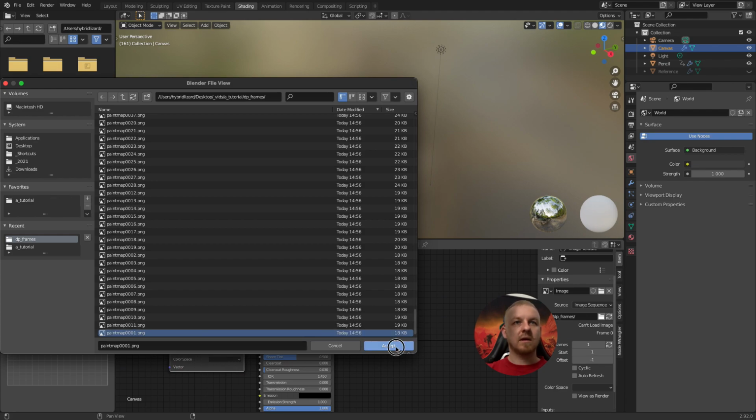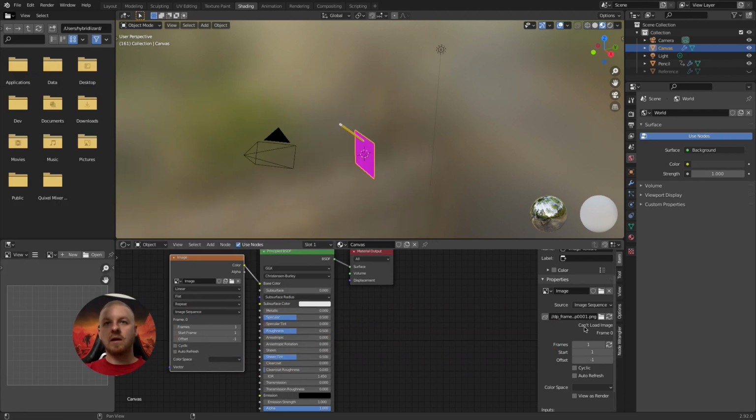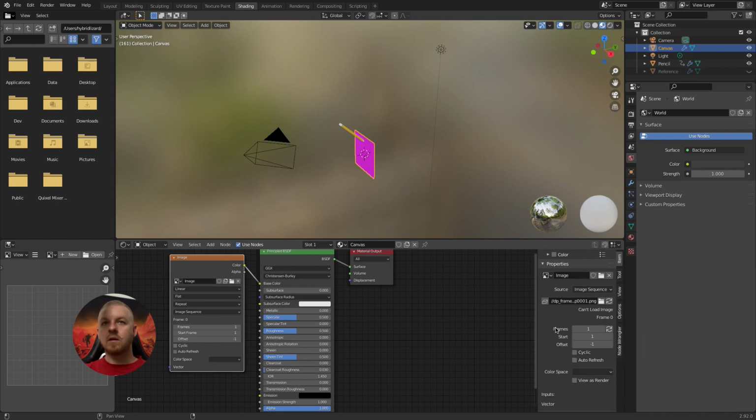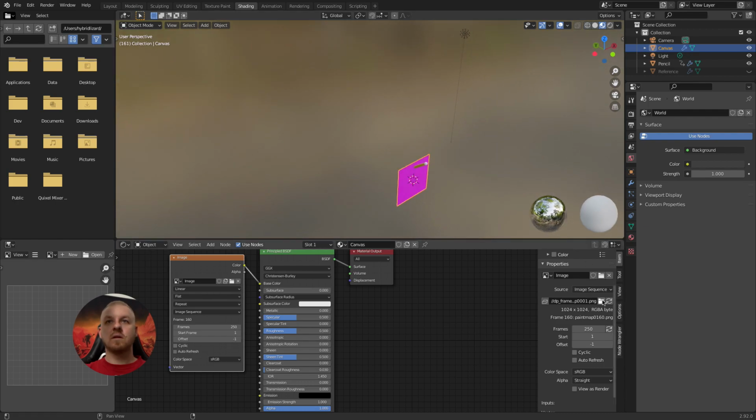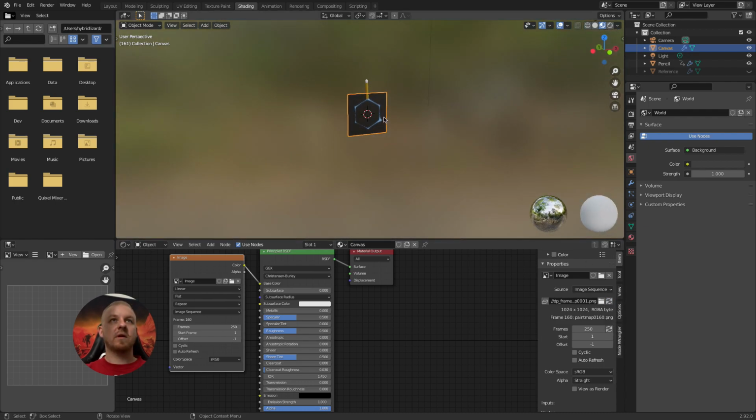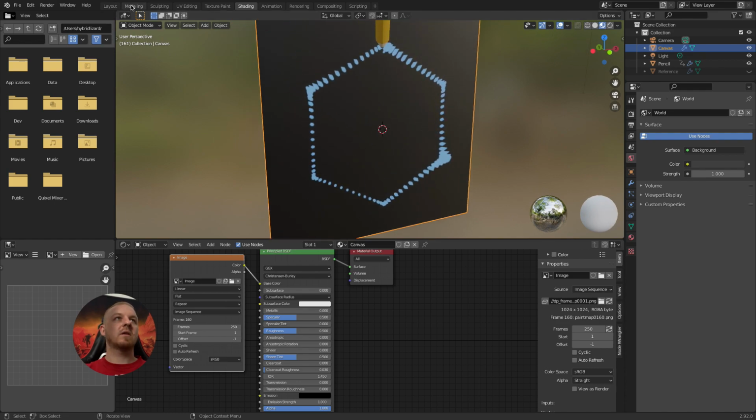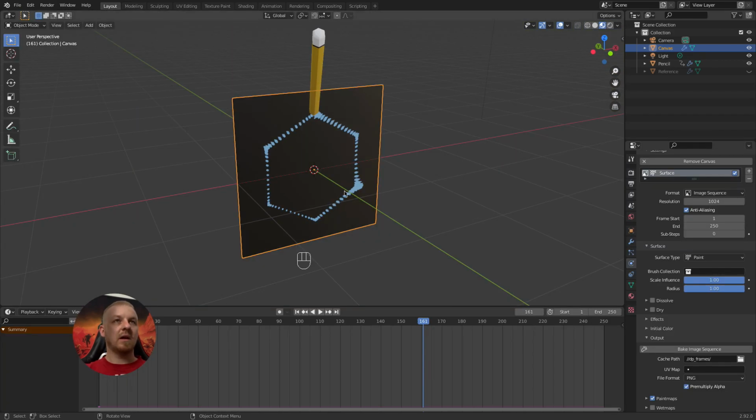Here, accept, okay, and frames, and we can set 250 because we have like that, even if we don't use that much. Okay, and let's refresh this. So it found our texture, and we can go back to layout and press